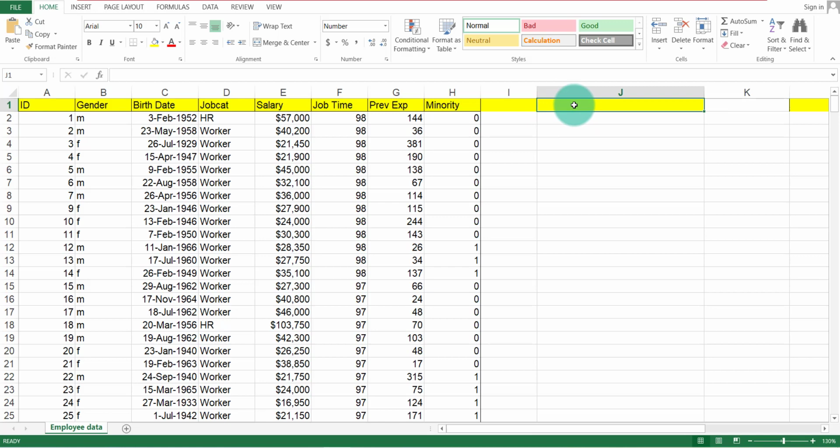Number of male employees. Suppose we want to count the number of male employees, and in that case we use the COUNTIF function like this, equal